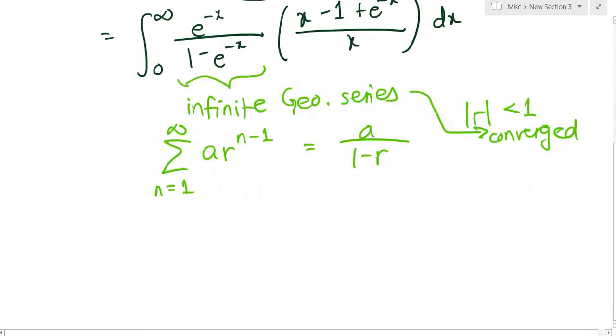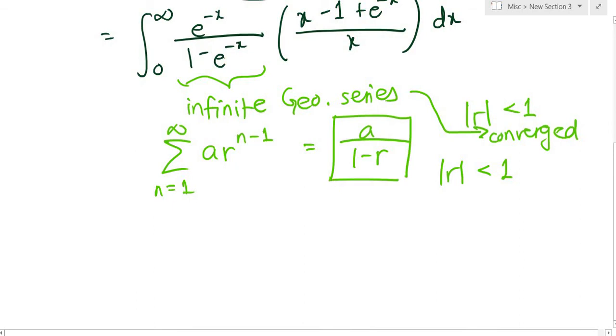But remember, this is only provided if the absolute value of r is less than 1. Otherwise, for all other values of r, the geometric series is going to diverge. So, looking at this formula now,